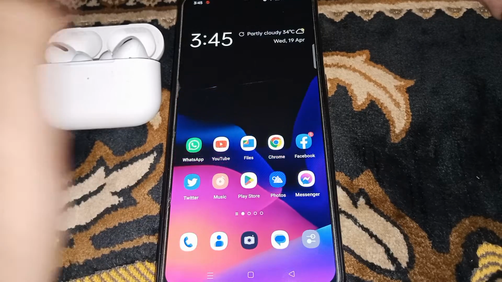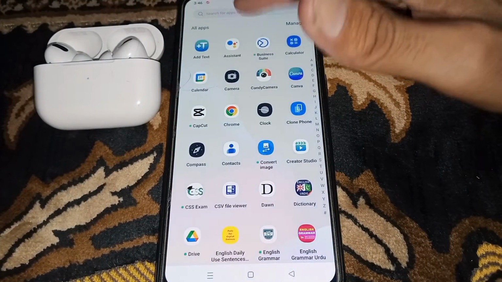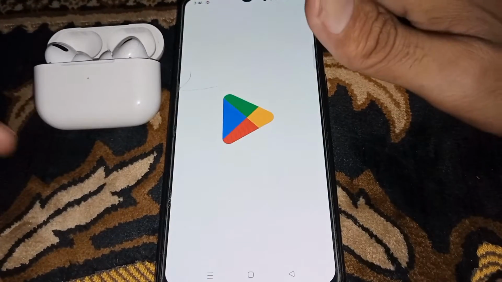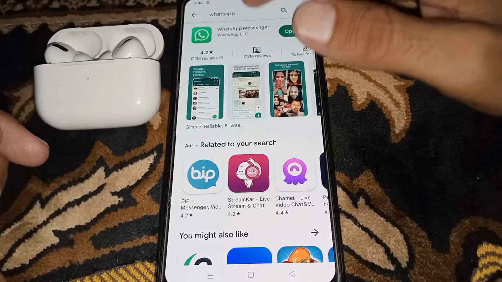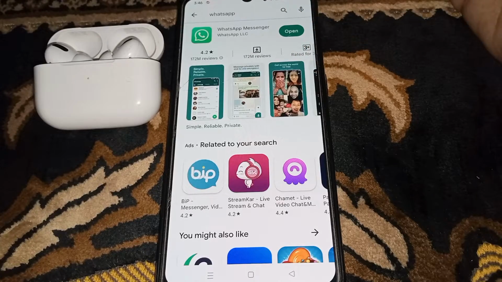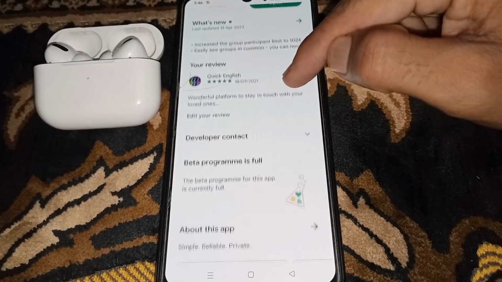First of all guys, you have to make sure that you have an updated version of WhatsApp. For that, you have to go to Play Store or App Store, and there you have to make sure that you have an updated version. And if you want to enable split screen on WhatsApp, then make sure that you have